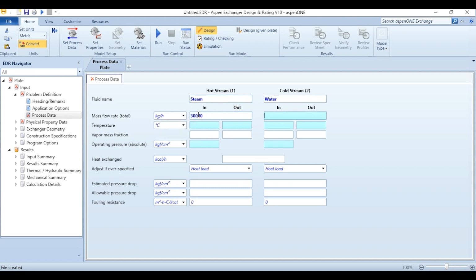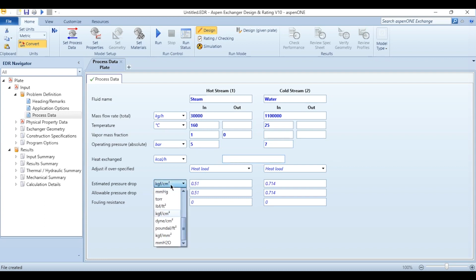The flow rate given is 30,000, and here it is. This one is the flow rate, 160 degrees centigrade. The outlet temperature we do not know, 25 degrees centigrade is the inlet. We do not know the outlet temperature here, but we know the vapor fraction, vapor mass fraction 1, where it is 0. So once we have specified it as 0, the outlet temperature requirement has been removed from here. Then for the pressure unit, first we need to change it to bar. Here it is 5 bar and here it is 7 bar.